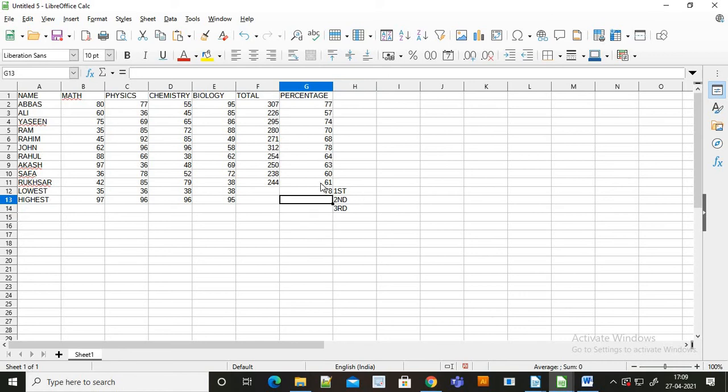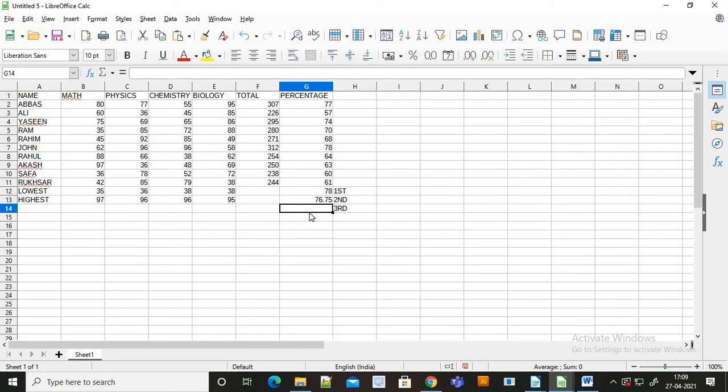I have to go to the same formula, is equal to LARGE, bracket open, cell colon end cell, bracket, comma second ranker, so 2, enter. So I got the second ranker.